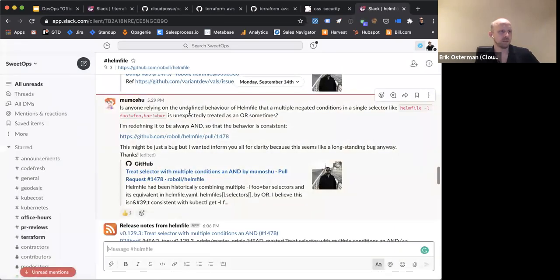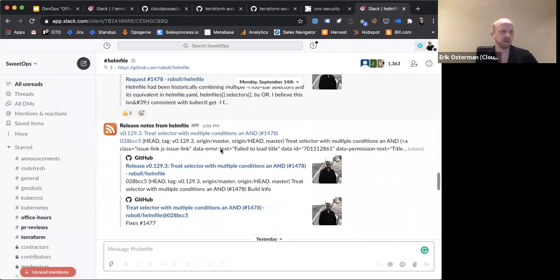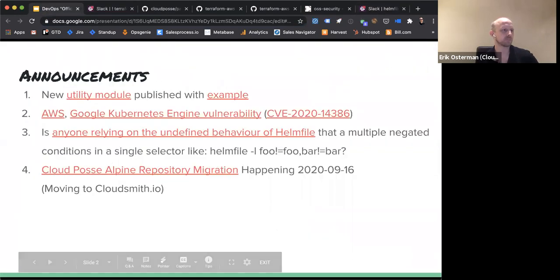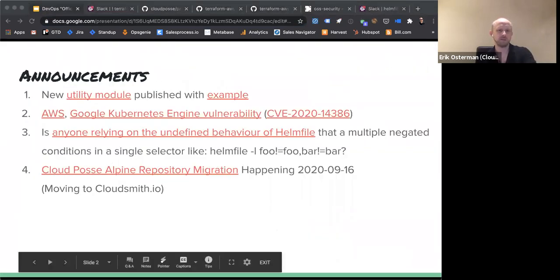So if anybody's relying on the undefined behavior of Helmfile that uses multiple negated selectors that was sometimes treated as an OR, then that's going to be now consistently treated as an AND. So all the conditions must be true for it to match. So if that affects you, raise your hand. Post that link here.